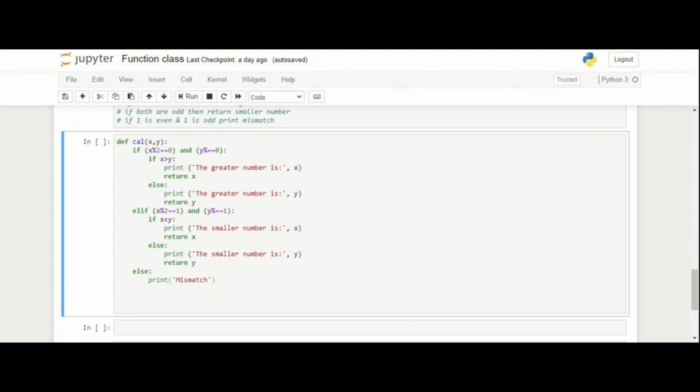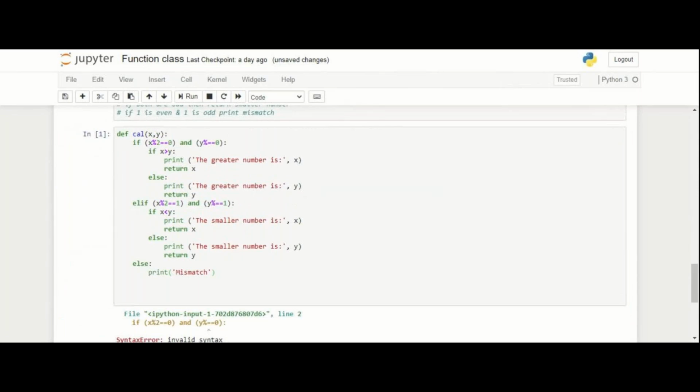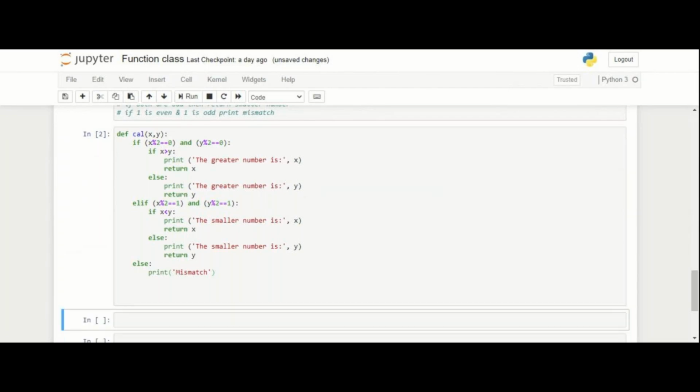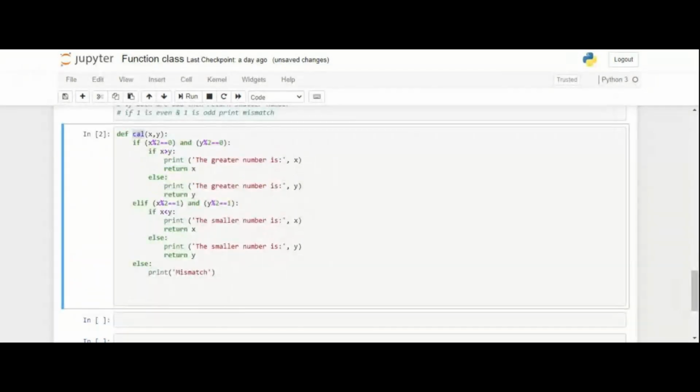Okay, so let me run this. Invalid syntax because I have not written here 2. Okay. So my function has been defined here. Okay, cal has been defined here, right? Yes. Now what I will do, I will